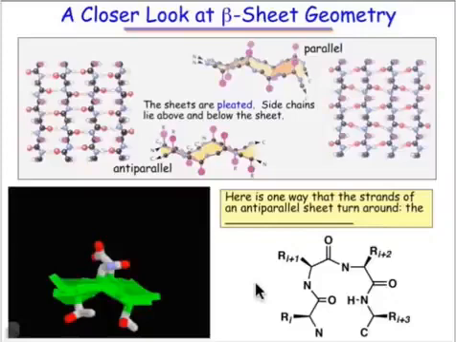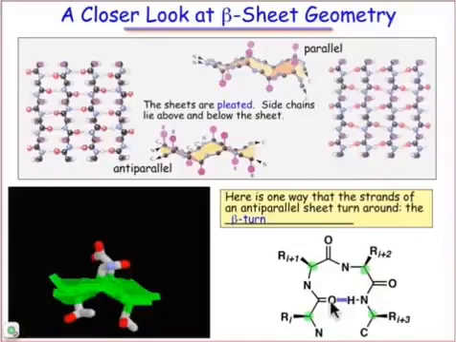And finally, I have for you what's known as the beta turn. The beta turn is going to have 3 segments, and so starting with the residue at the alpha carbon, which we'll call residue I, then I plus 1, I plus 2, and I plus 3 is here. It's the amino group of the I plus 3 that hydrogen bonds with the carbonyl of the residue I, and by adjusting phi and psi around each of those adjacent segments, it's possible for that beta turn to set up the